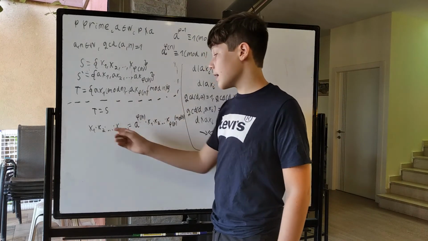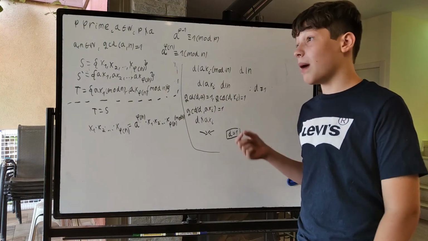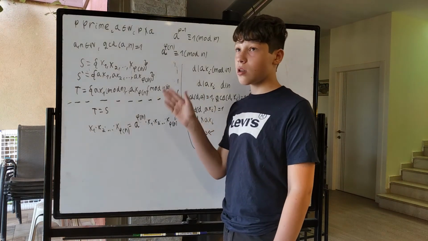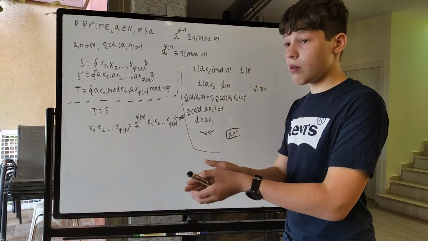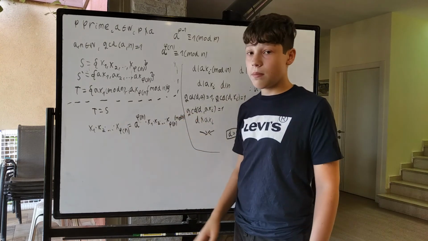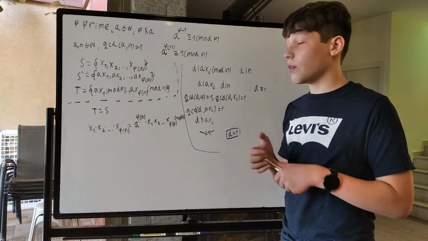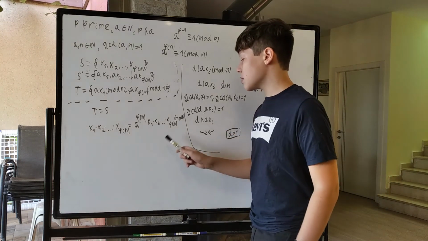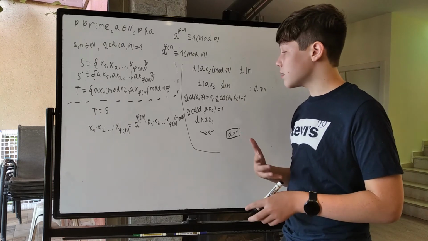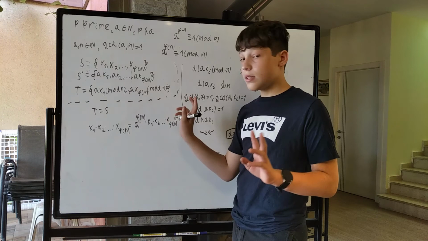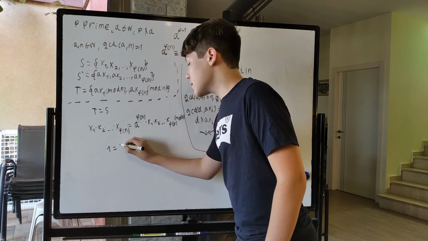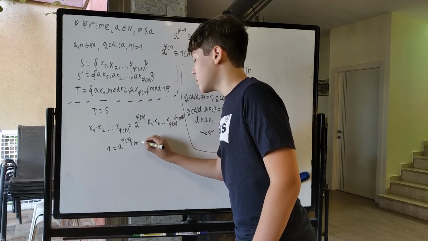Meaning that x1, x2 up until x phi of n are all coprime to n by definition, and one of the properties of coprime is that the product of numbers coprime to another number is still coprime to that number. So all of this is coprime to n, and this is coprime to n. If they're coprime to n, another property of coprime is that we can cancel them out in this mod n, sort of the inverse in mod. Of course, there's not always an inverse in mod, but this is sort of dividing by this because it's coprime to n. We can do that, meaning that 1 is equal to a to the phi of n mod n,